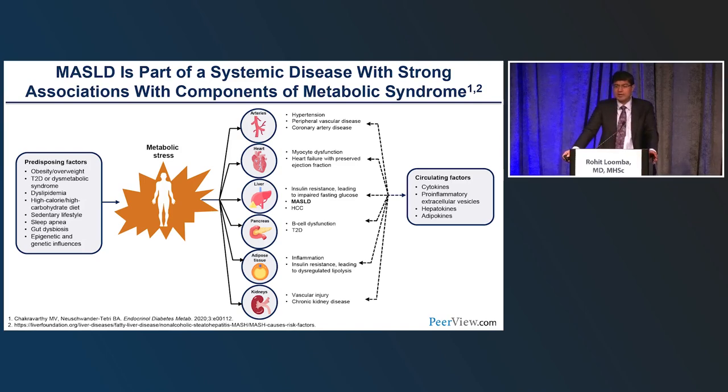So there's a clear metabolic stress in our patients, particularly with overnutrition and also with concomitant alcohol use. This leads to an inflammatory milieu that leads to progressive liver injury and activation of hepatic stellate cells, leading to fibrogenesis in our patients with obesity, type 2 diabetes, and insulin resistance, and progressive liver disease.